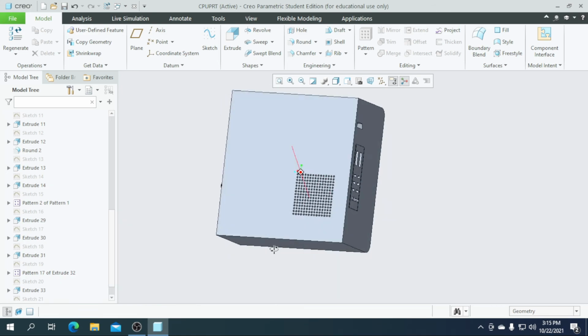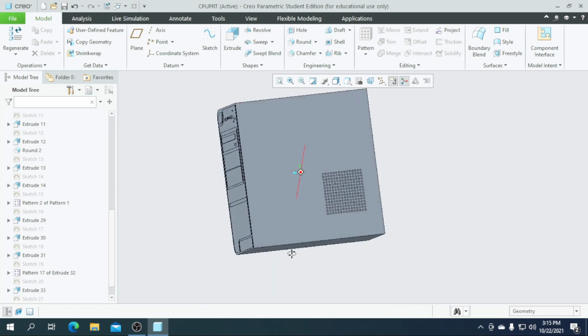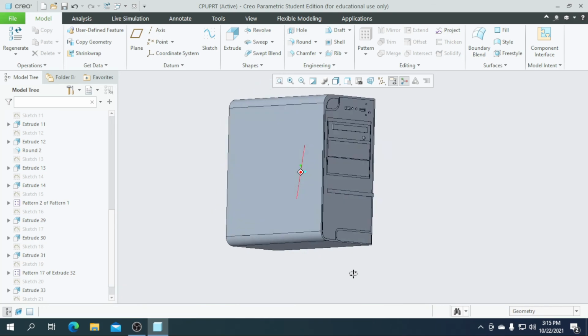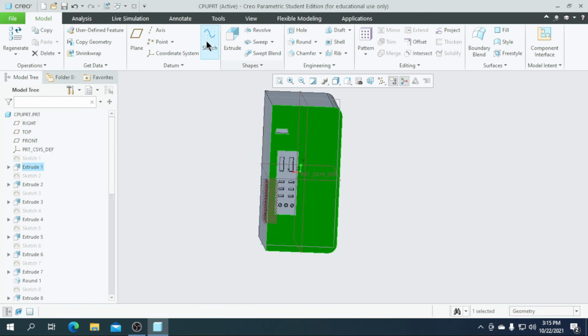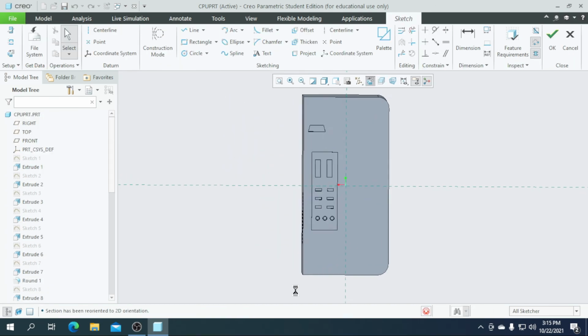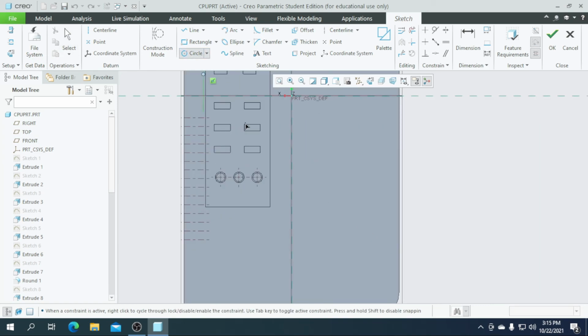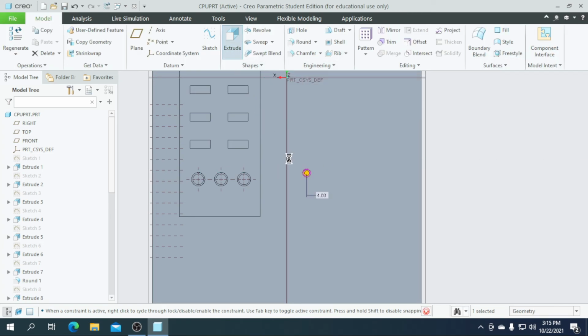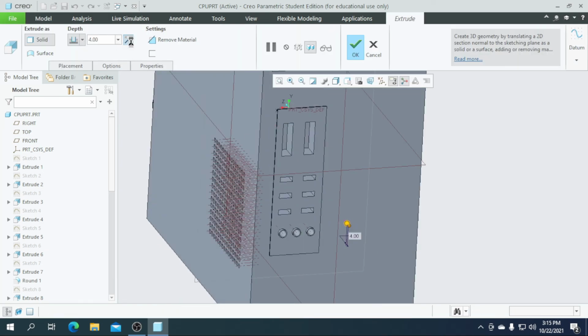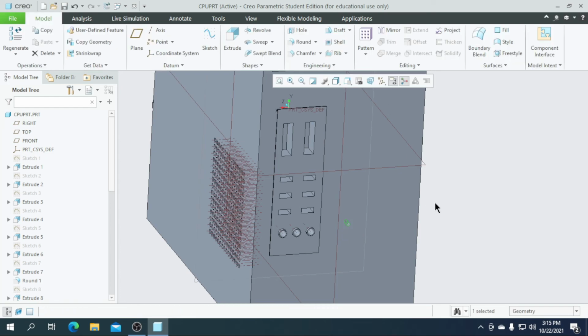So finally our part is completed. So as we have to create some vacuum here, so I am going to draw a circle, the diameter of 4, and click on OK and extrude it. So as this is a hole, we are going to flip this direction and enter a value of 10 and click on OK. So now I am going to pattern this extrude